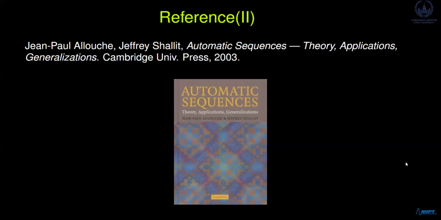So, to conclude, I hope this lecture has given you a broad understanding of how word sequences and algebraic structures come together in different mathematical domains, and I encourage you to delve deeper into these topics as they offer many fascinating challenges and applications. See you